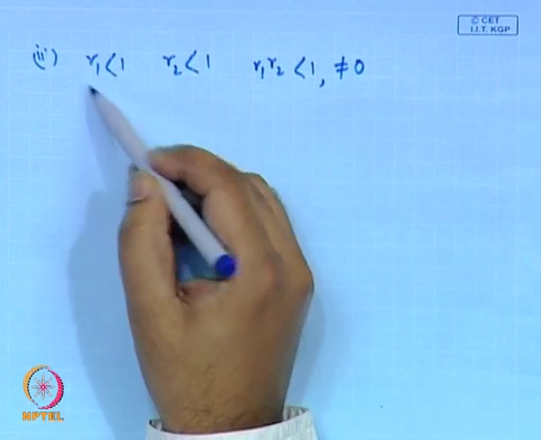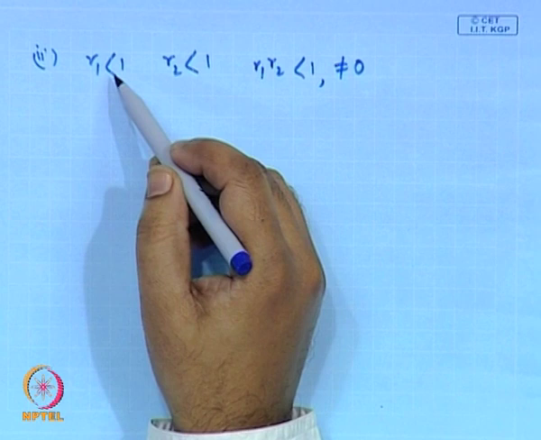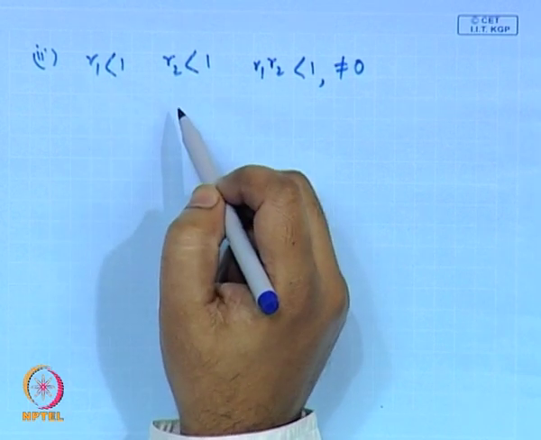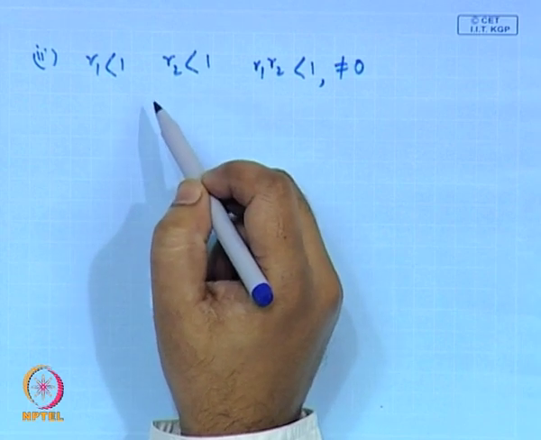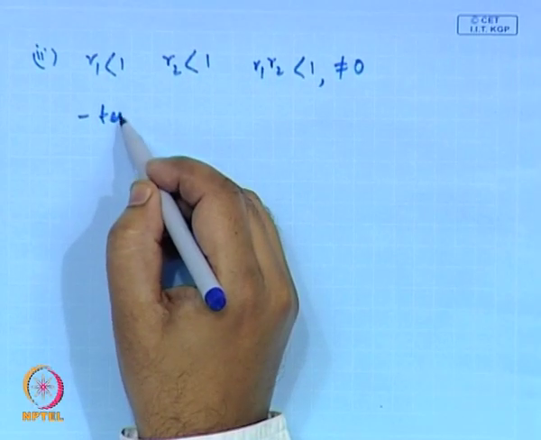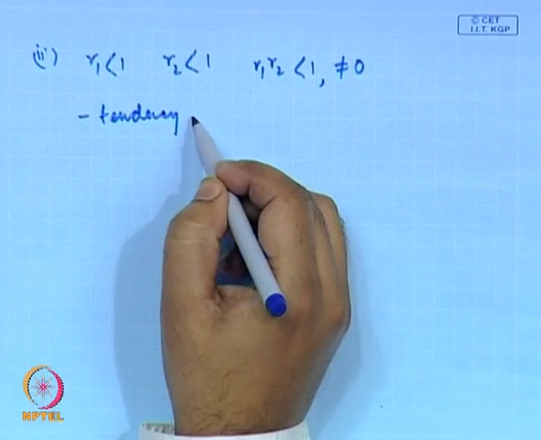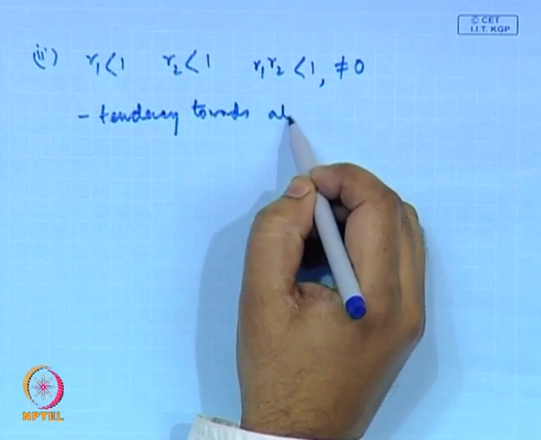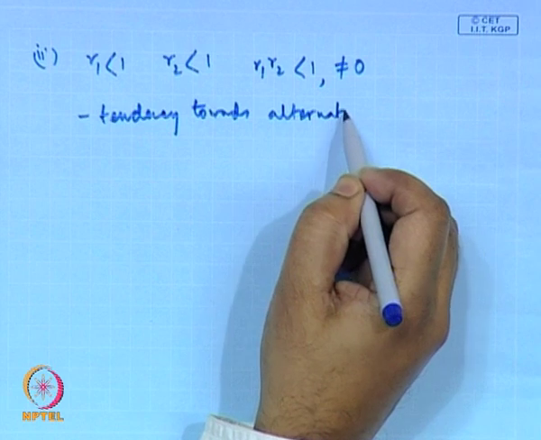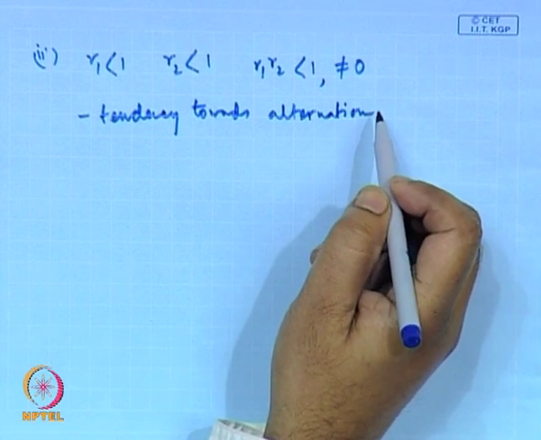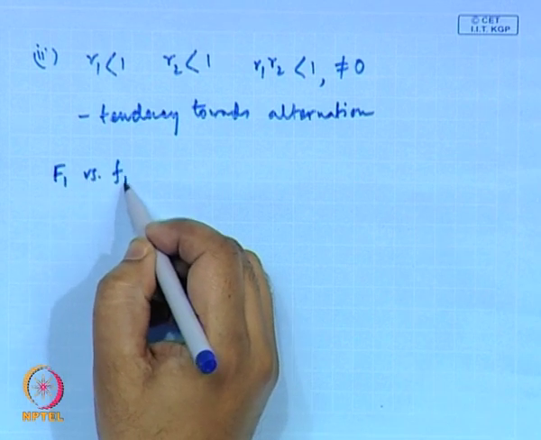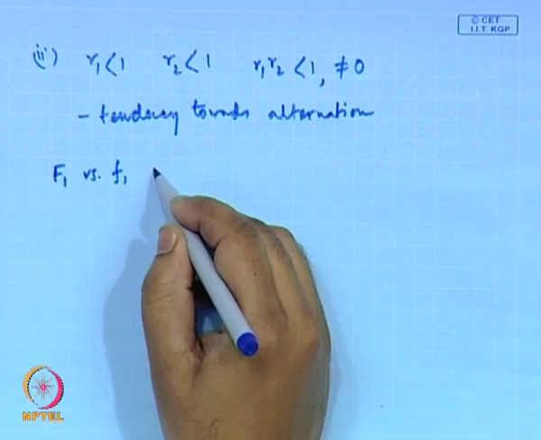Because both of these are less than 1, both of these monomers have a tendency to copolymerize compared to homopolymerize. As a result, there would be a tendency towards alternation rather than forming homopolymers,